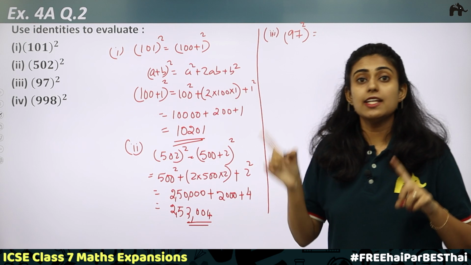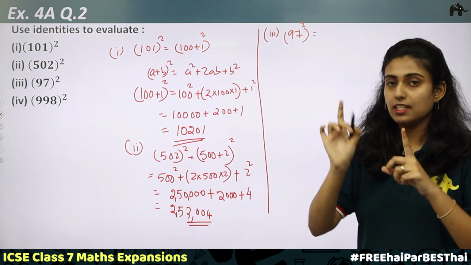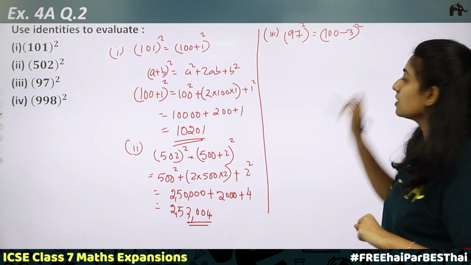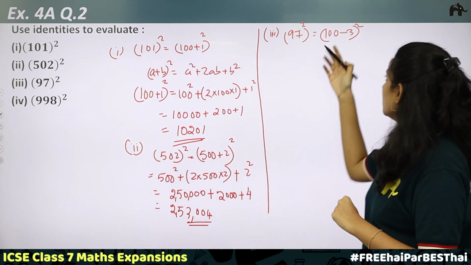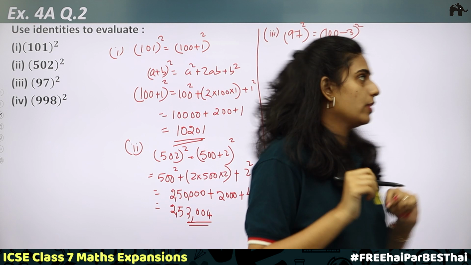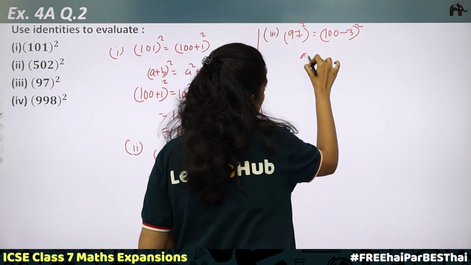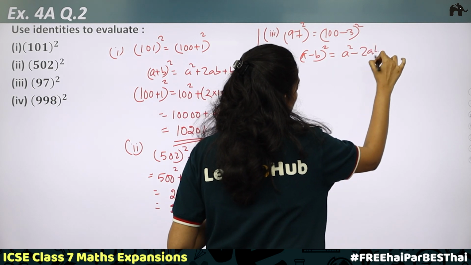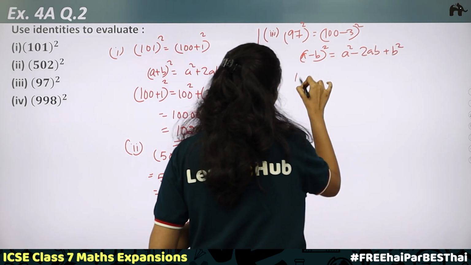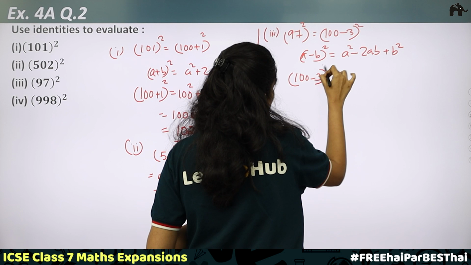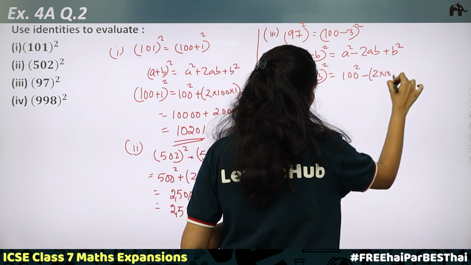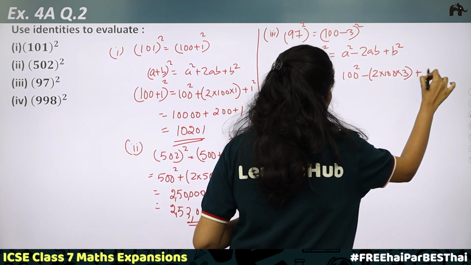Okay, now the third one, here it is 97 whole square. So you will not write 90 plus 7 whole square. Instead, you can write this as 100 minus 3 whole square, because finding the square of 100 is very easy. So this is 100 minus 3 whole square. How much do we get? A minus B whole square identity, that is A square minus 2AB plus B square. So 100 minus 3 whole square is equal to 100 square minus 2 into 100 into 3 plus 3 square,